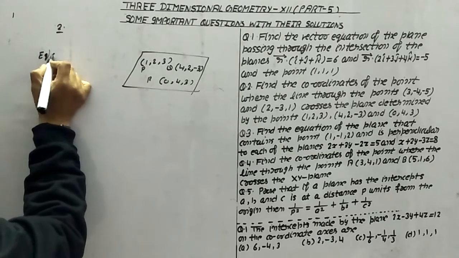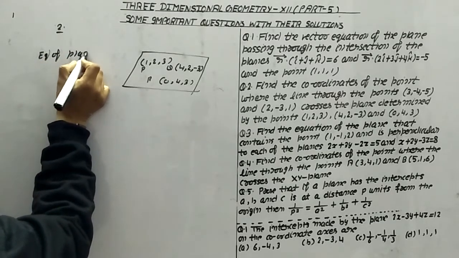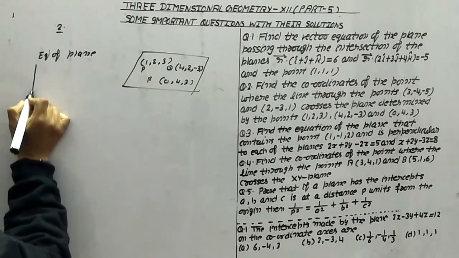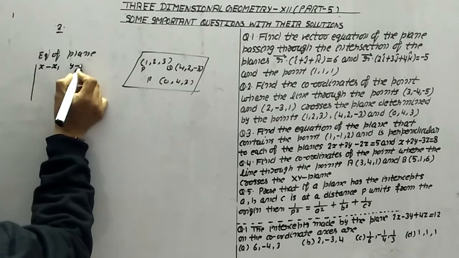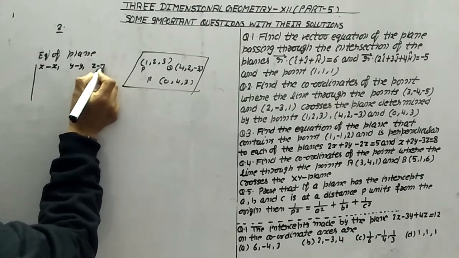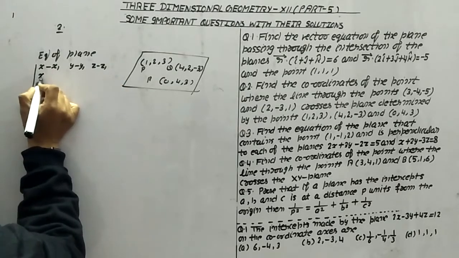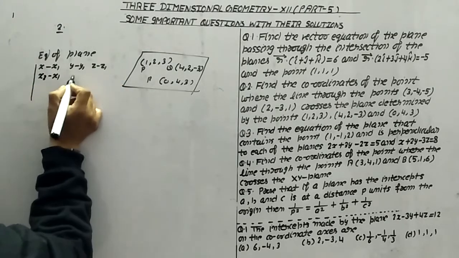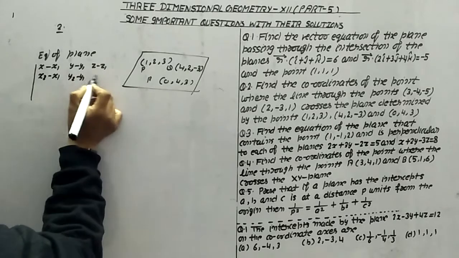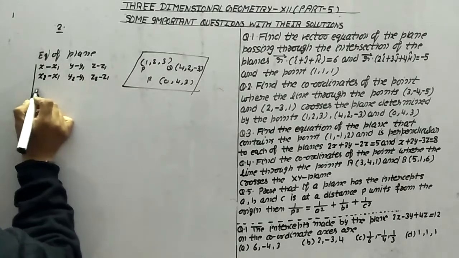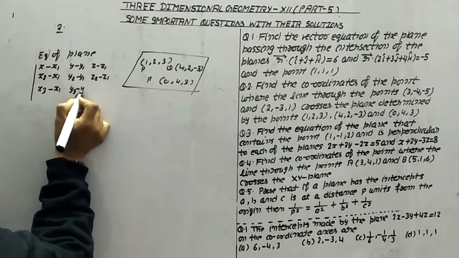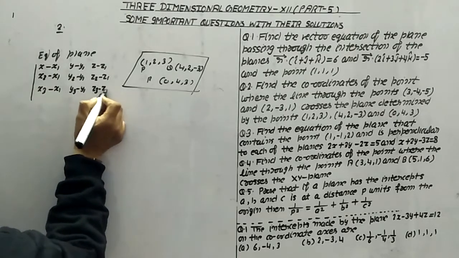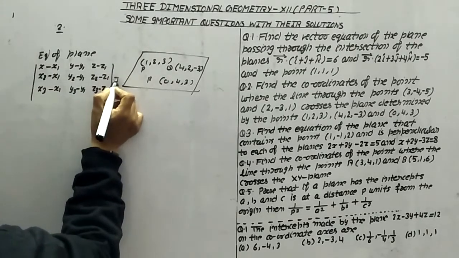It means these 3 points are non-collinear. Therefore the equation of the plane, according to the rule we know very well, if we have 3 non-collinear points, is given by the determinant with rows (x - x1, y - y1, z - z1), (x2 - x1, y2 - y1, z2 - z1) and (x3 - x1, y3 - y1, z3 - z1) equal to 0.